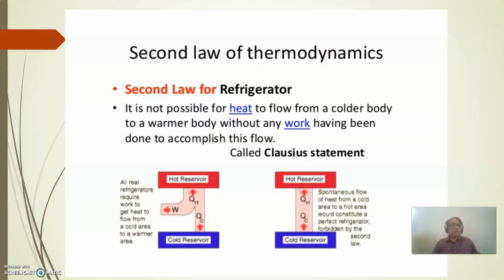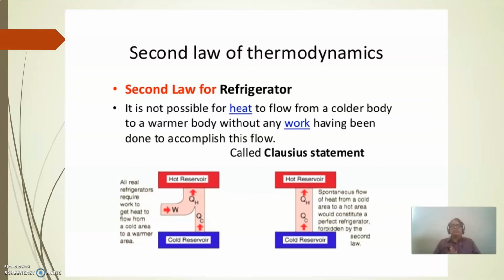Whereas to transfer water from the lower region to the higher position, we need a pump, etc. That is also a Clausius statement: it is impossible to pump water from lower to higher without any work